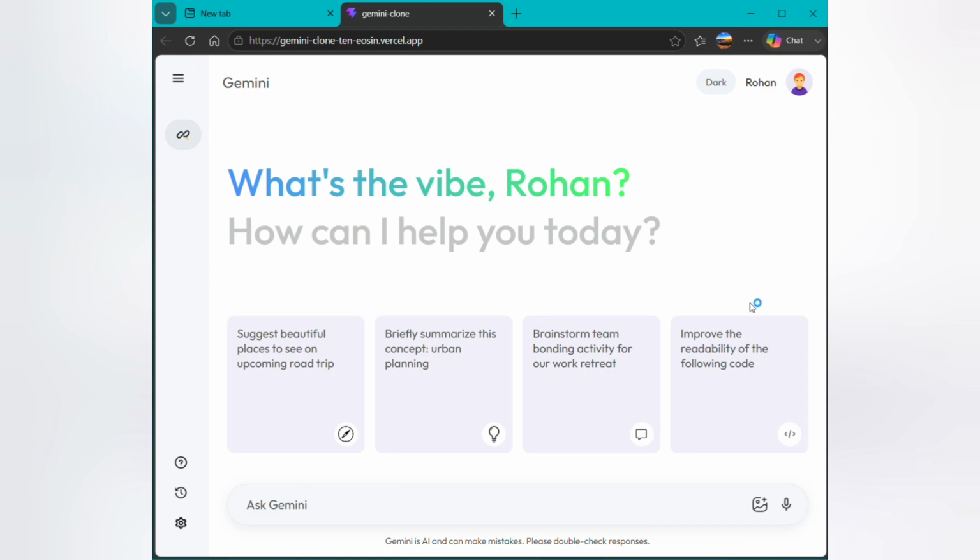But this is not just a copy-paste. Every feature you see here was built from the ground up using modern web technologies. The technologies that I have used are React 19, the latest version of React for building the user interface, Vite 8, an ultra-fast build tool and development server, and the Google Generative AI SDK, the official package from Google to connect to the Gemini AI model,